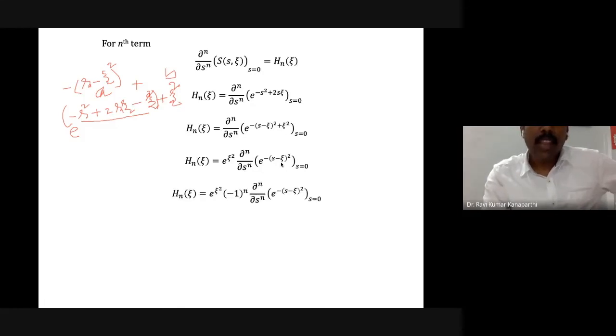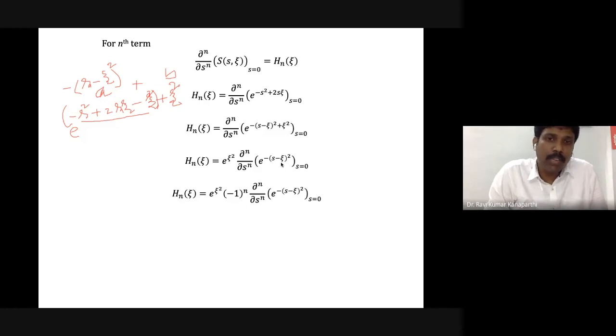Okay, and I can do one more small thing. If you are doing the derivation n times, each time you do the derivation you are going to get a minus sign, a negative sign. Depending upon how many times you do the derivation, you may or may not get a negative sign. So each time you do the derivation, a minus 1 will come out.